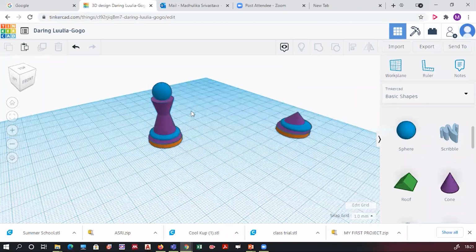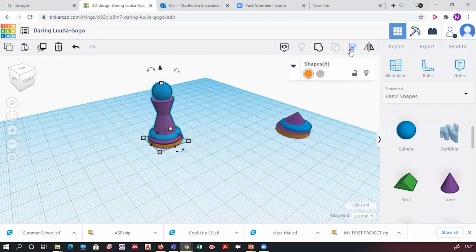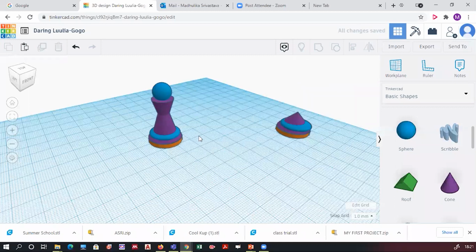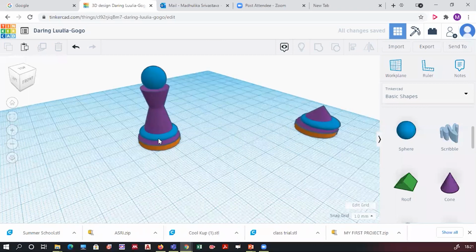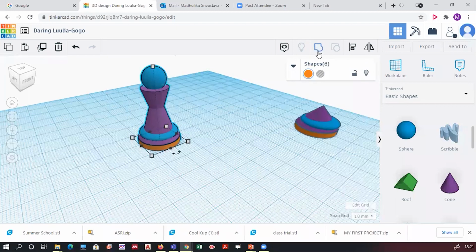If it is not getting exactly at the top, select all the objects together and click on align. It will align about the center and then you can drag it over the surface by using this top one. Dimension of the sphere, keep it 10. Now you have seen the chess pawn is formed, but it's still not one complete object. The dimension of the sphere is 10 from all sides, the diameter and the height too. Now select all objects together and group them in one.